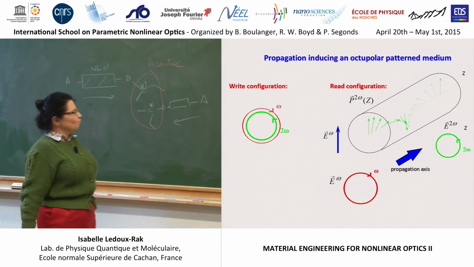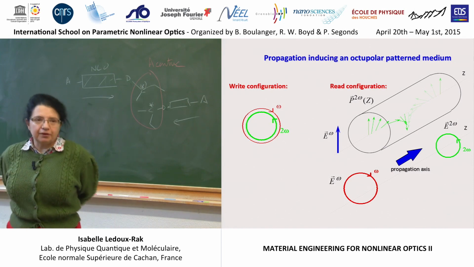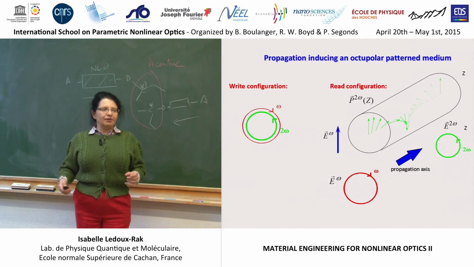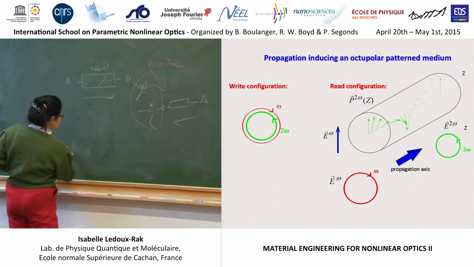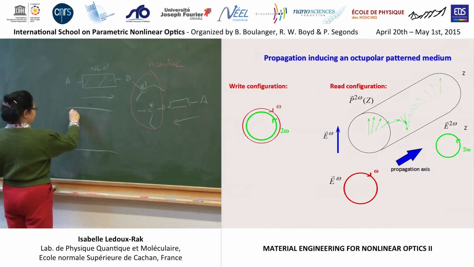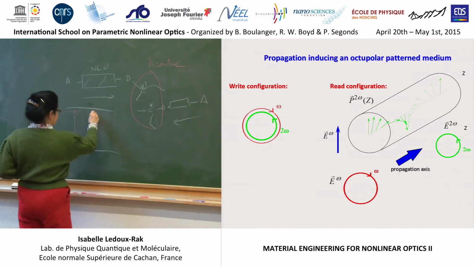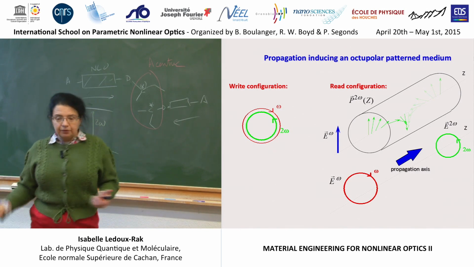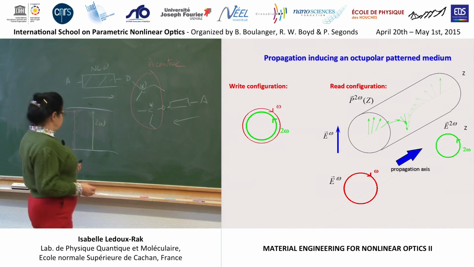I am telling you some big lies, not because this is not relevant, it's perfectly relevant, but in practice, the problem will be that the process is resonant. You have seen several times in my transparencies that the excited state after simultaneous omega and 2 omega excitation must be very close to a real resonant level here. And if it's not close, photoisomerization will not occur, and then optical poling cannot be performed.